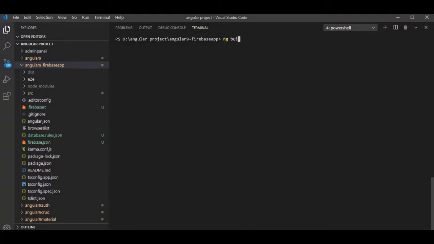Now we can type the command ng build to build the Angular app in the dist slash angular 9 firebase folder. So you can see the process has started to build the app.